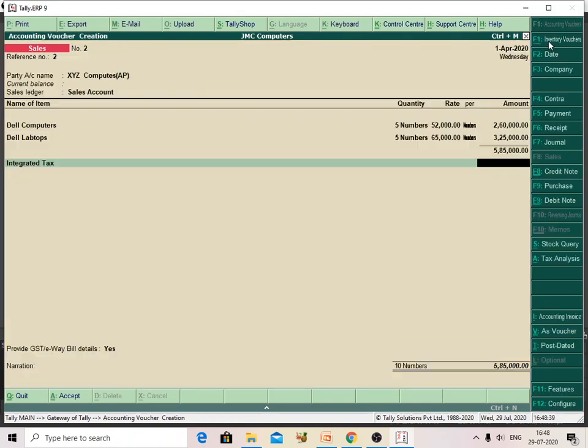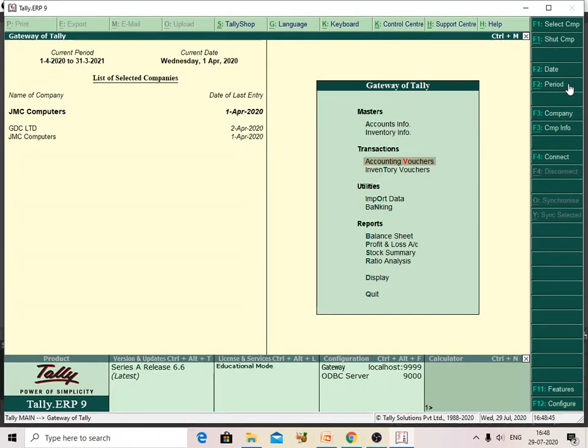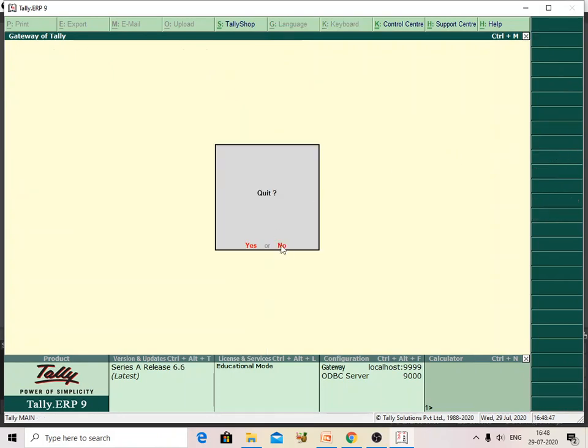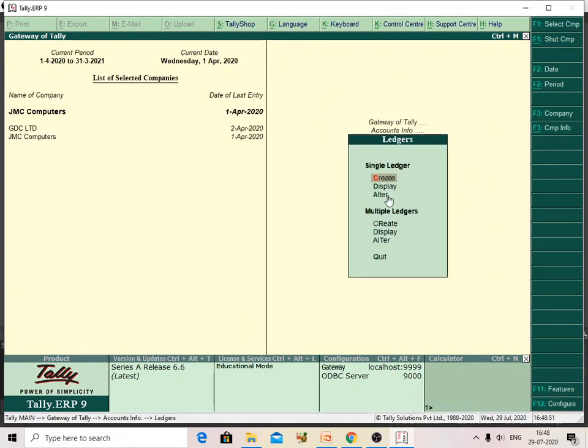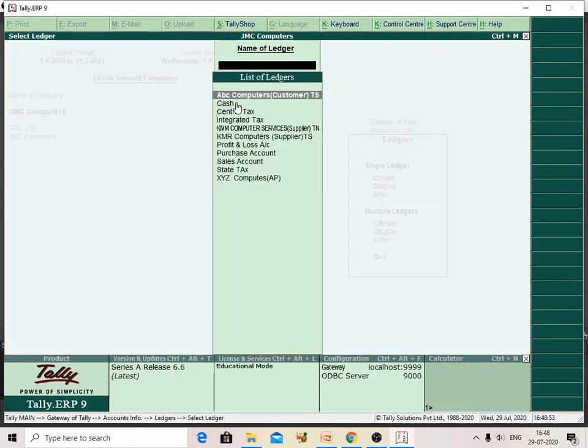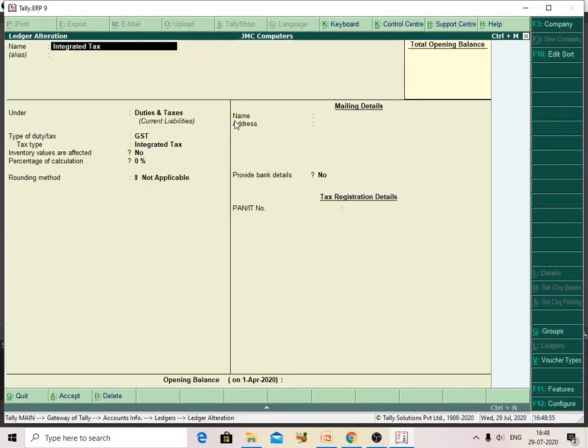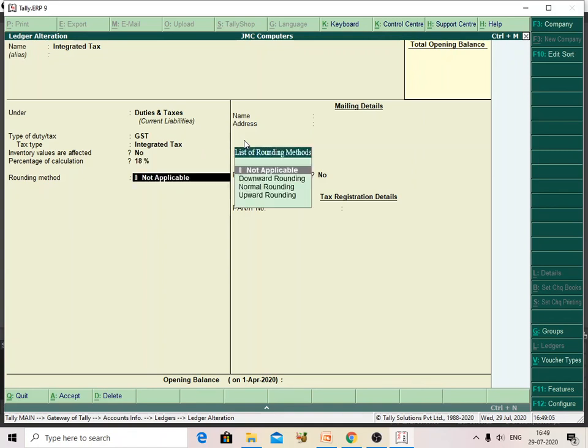What is the total integrated tax rate for these items? I will check one more time. Accounts master, accounts info, ledgers, alter, integrated tax, and here GST is affected. GST integrated tax is there. The percentage, I will show you, is 18%.